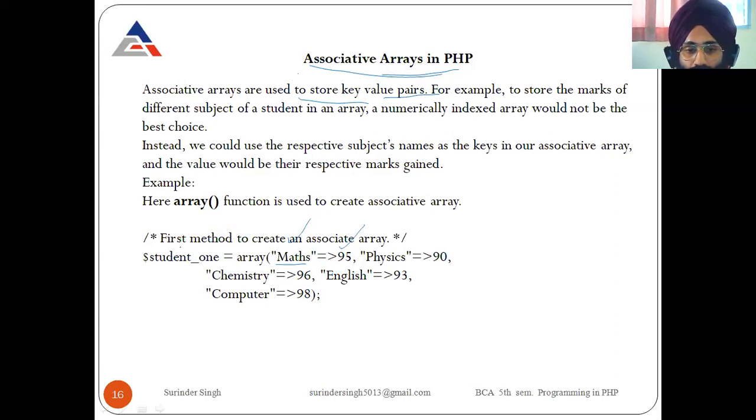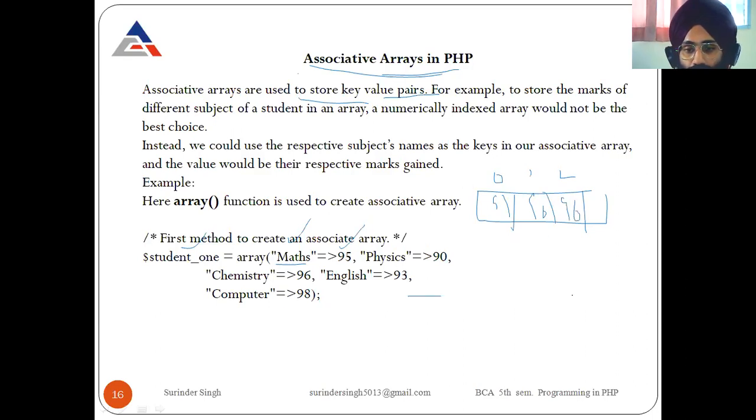Clear? Array name is student1. Here we are not using an indexed array, like where at 0 index we have 95, at 1 index we have 90, at second index, means third, we have 96.